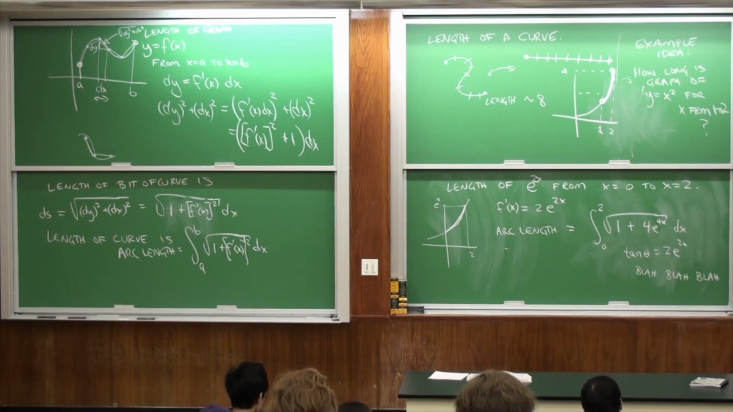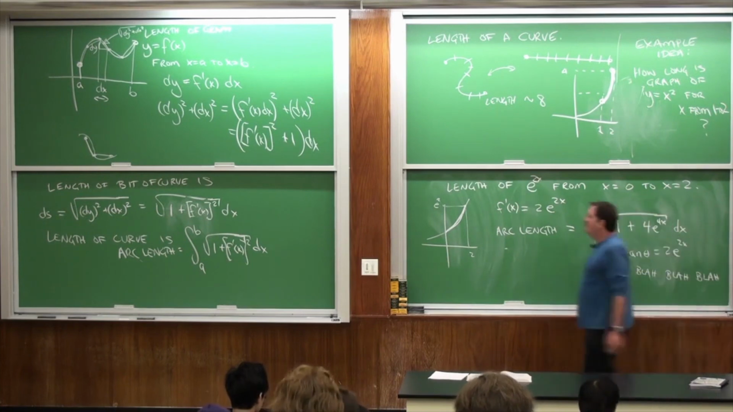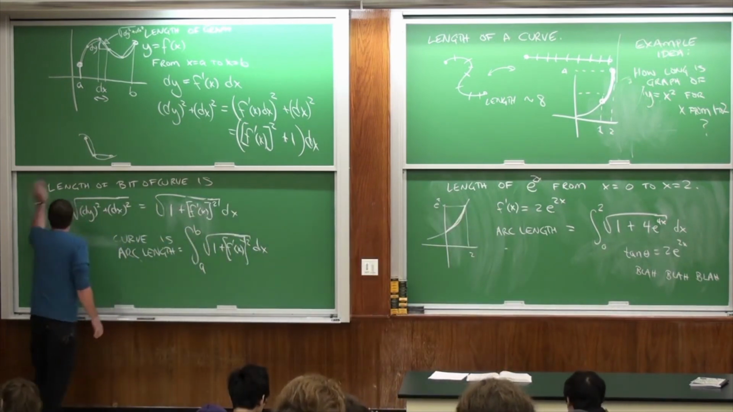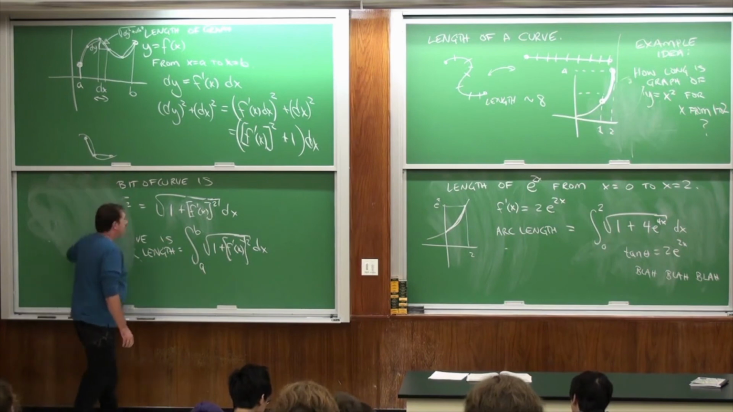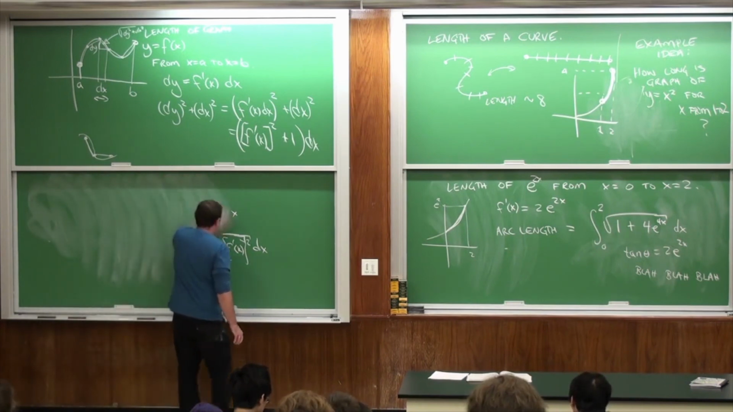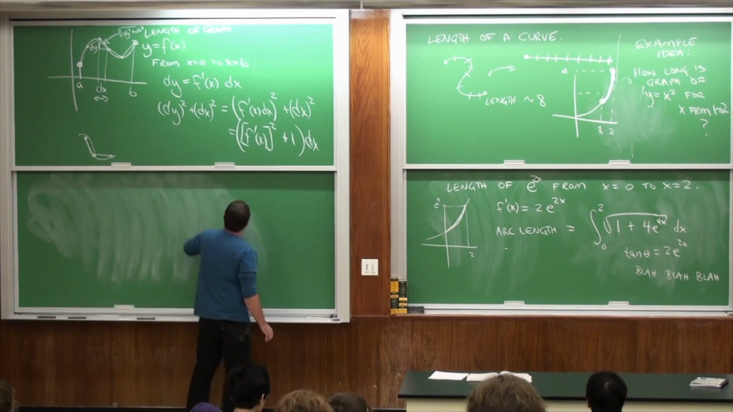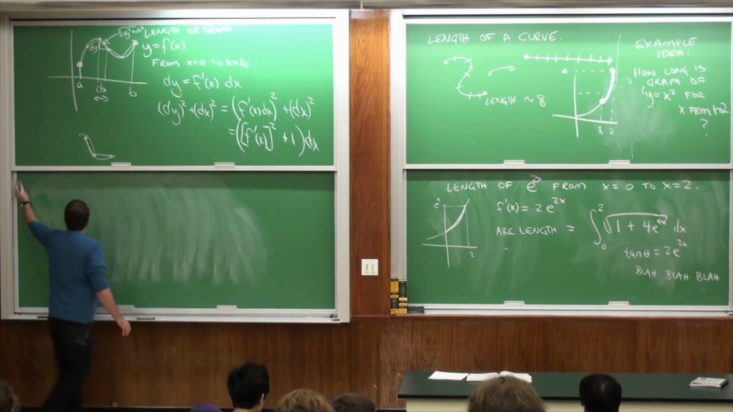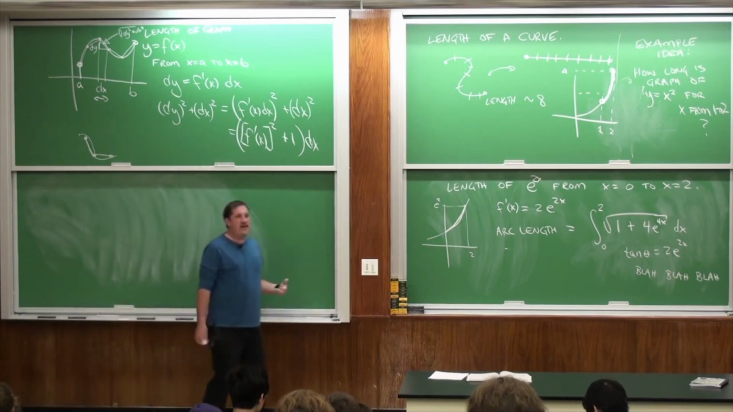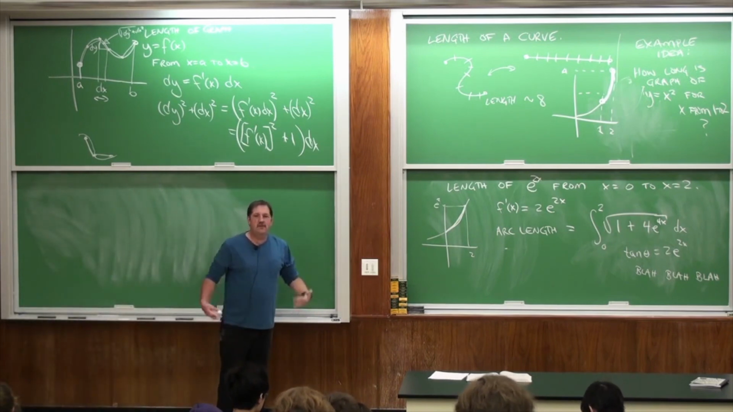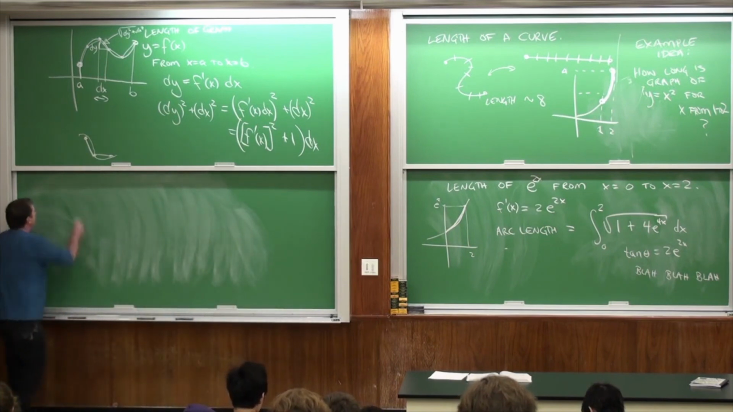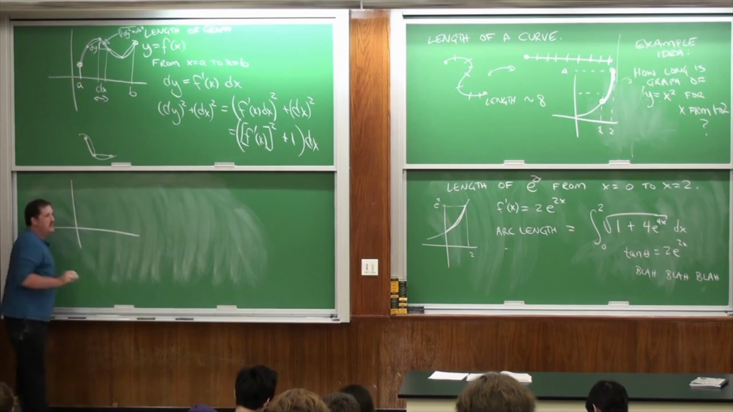Okay, so let me move on. So arc length is easy. Let's move to the next topic, which is also easy. It may seem like I'm going fast, but it's easy. We should go fast when we can, because we're behind. So the next idea,